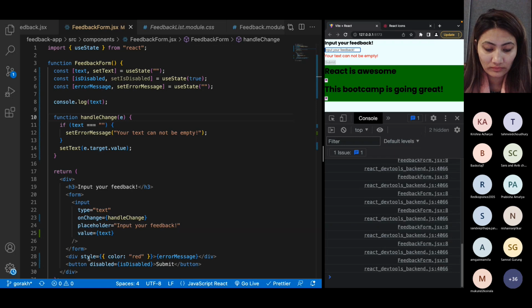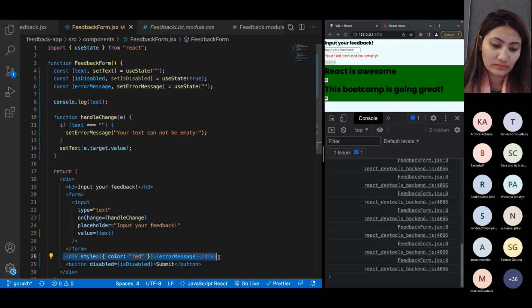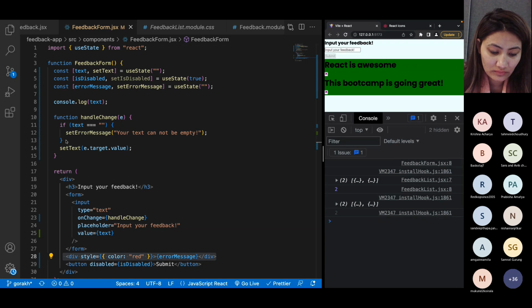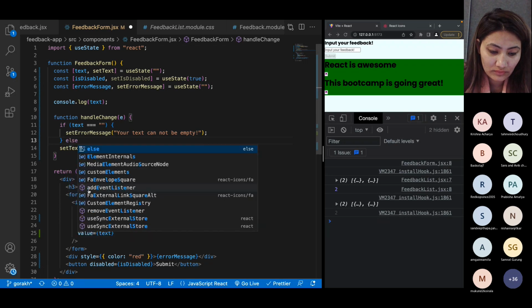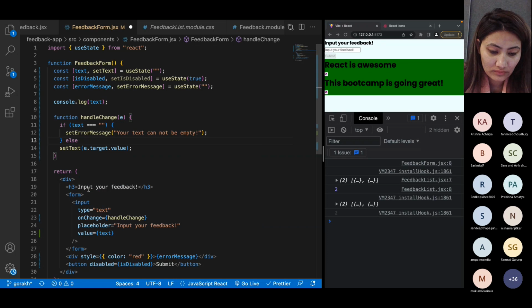What we are doing here is rendering this message all the time. So if there is no message, then we don't have to do that. Okay. So now the text is not equal to empty. We don't want to set our message. So what we can do is another else statement, which will eventually make this error proof. Else